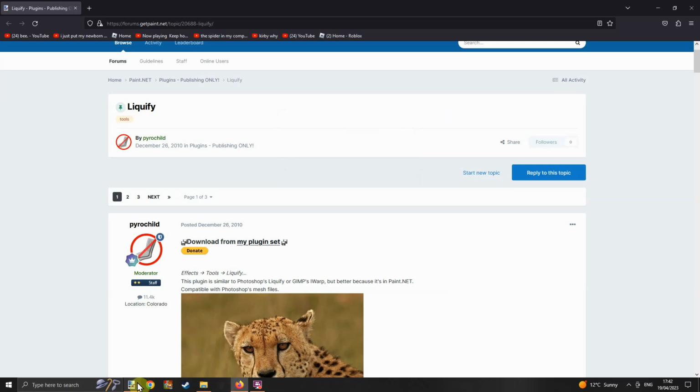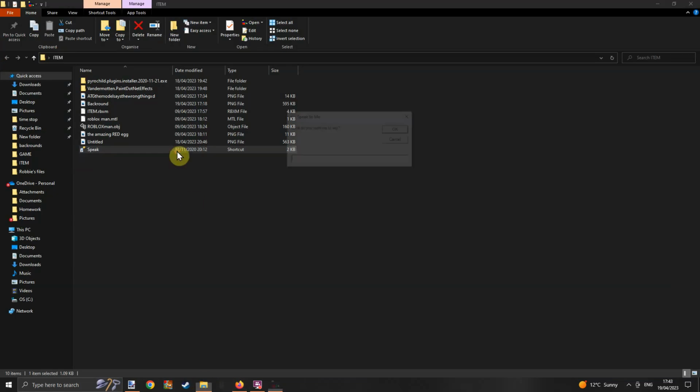It automatically goes onto paint.net, so no need to put the file itself onto it.